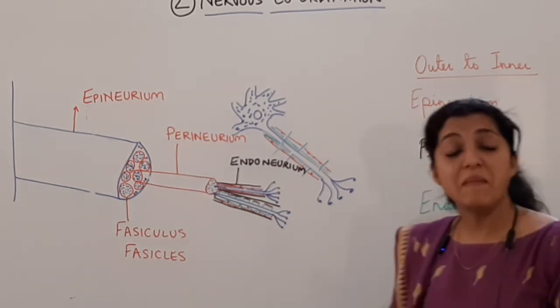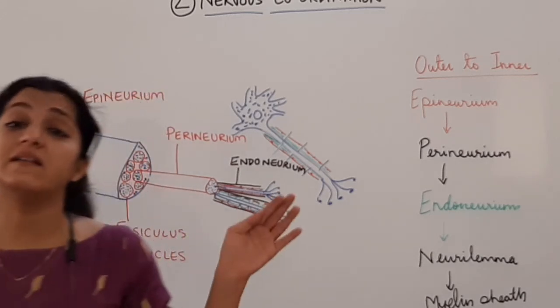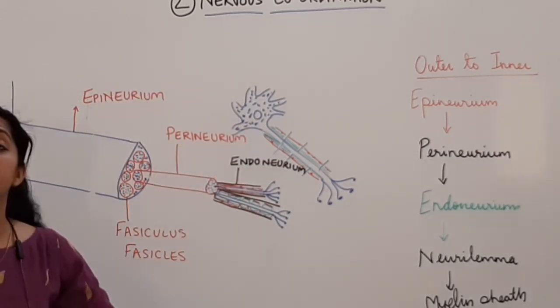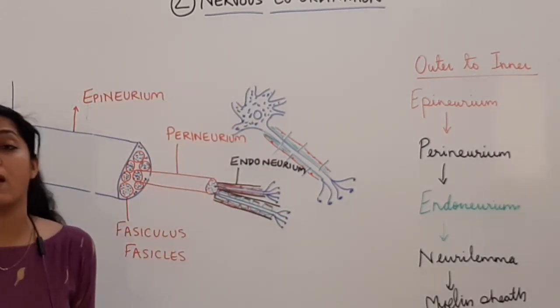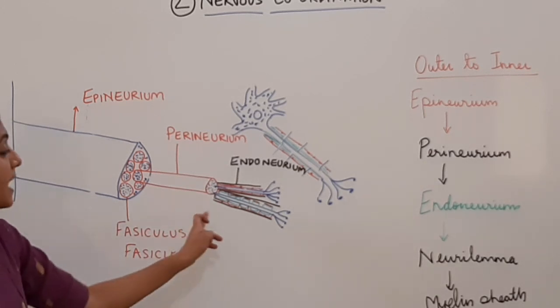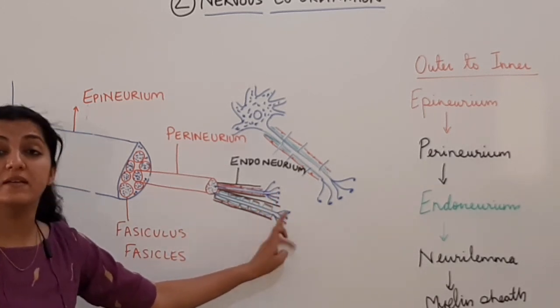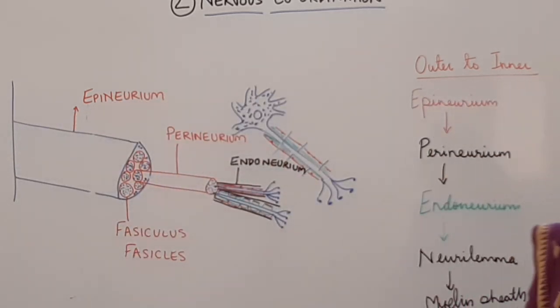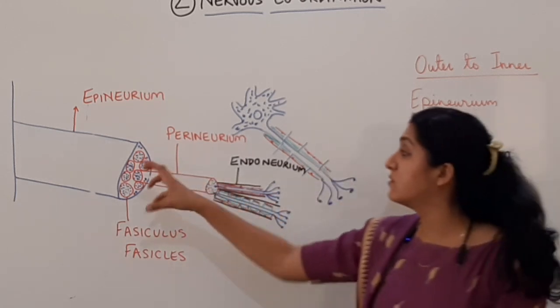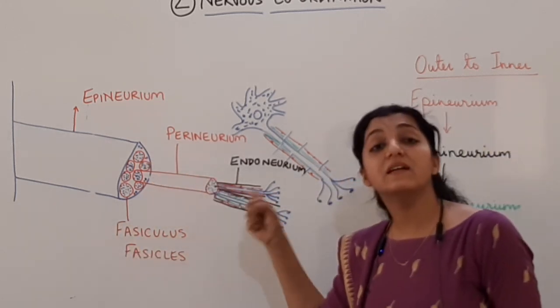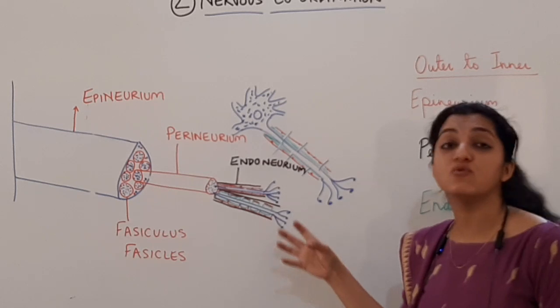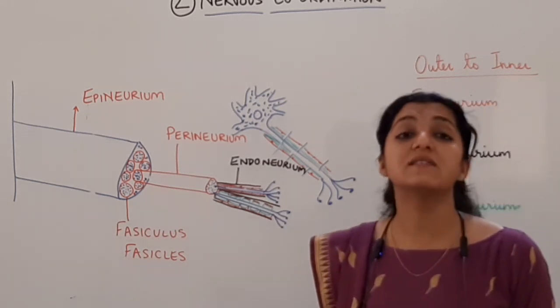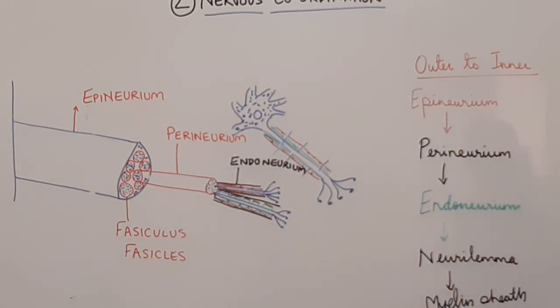So point is not in memorizing these things. Point is in understanding. Are you understanding the sequence? Are you understanding कि क्या हो रहा है? All right. And these axons, they are going to end in axonic terminals. ये हमने देखा है. So this is what is our focus in today's lecture, that you understand the complete nerve, the bundles of nerve fibers, and then the individual nerves and their connective tissue coating. We will see some pictures जिससे ये और concept clear हो जाएगा. I'll show you some pictures with which this concept will be more clear to all of you.